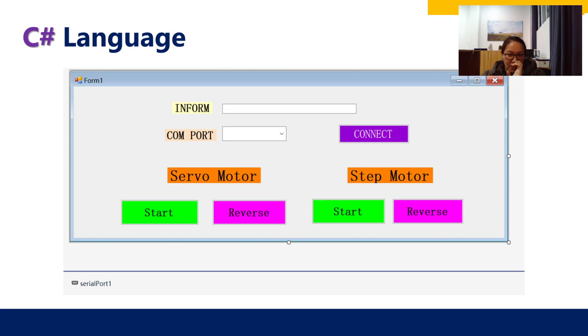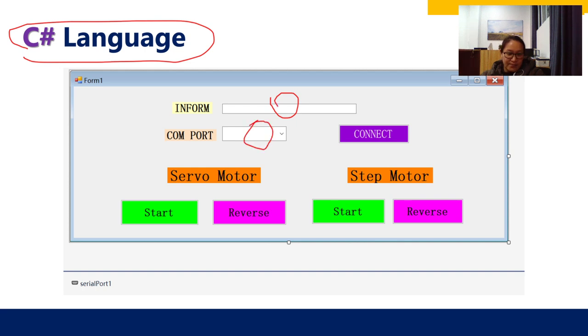Now, if we want to control the servo motor and the stepper motor using C# language, we must open Visual Studio and create the form. From the form, we can see that we create a text box and a combo box.